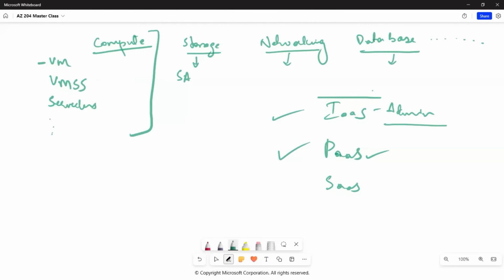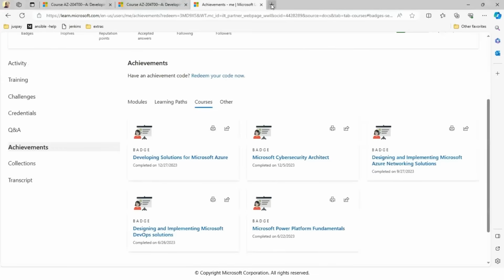By this, I don't say that you should be knowing the console commands, you should be knowing how things work. No, all you have to know is just you need to write your code, your business logic, and its associated stuffs with it. That's it, your runtime, I would say, right? So only that is needed as a developer for you, and rest Azure is going to take care of for you, right? Then we have software as a service, okay, where the entire application is developed and maintained by Microsoft, and you just have to create a user login and then start using the application. I can just show it to you over the browser.